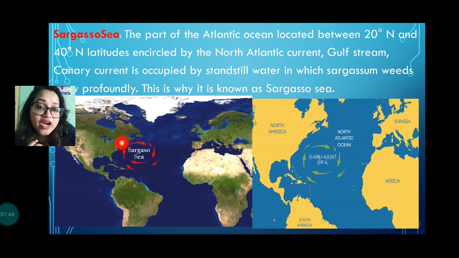These four currents are moving like a rotation here, and that is why there is no movement of the water. So the maximum Sargasso weeds originate and are found here. These are mainly the source of plankton, which is the main food for the fish. Because of the huge amount of Sargasso weeds found here, this portion is known as the